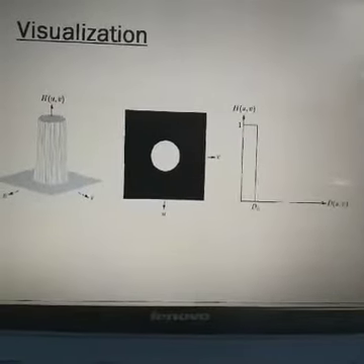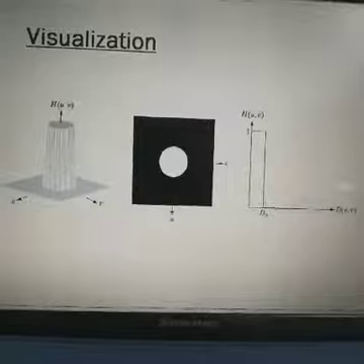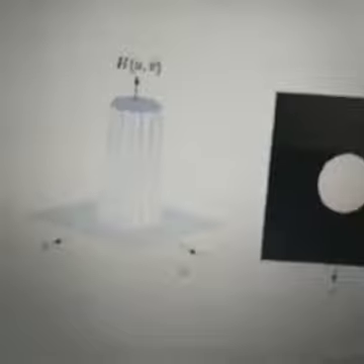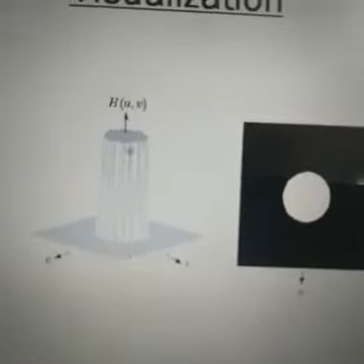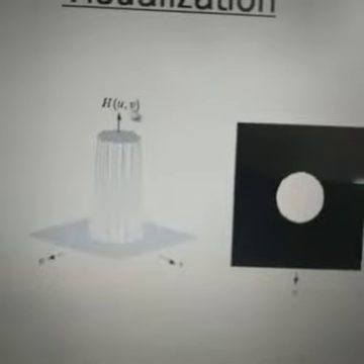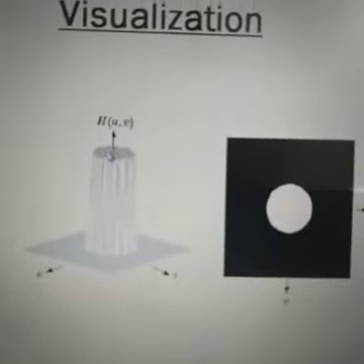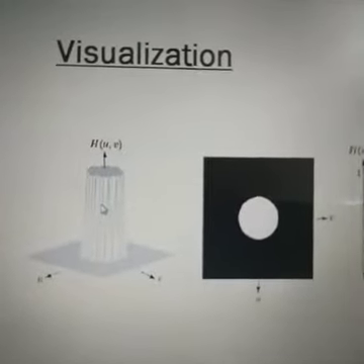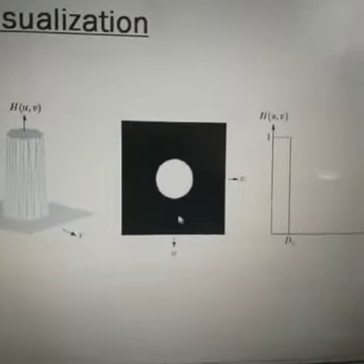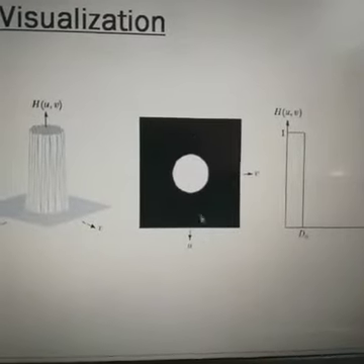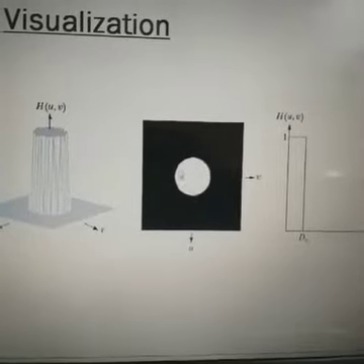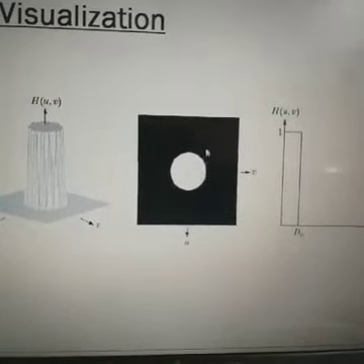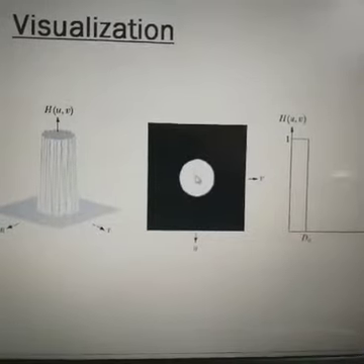Next is the visualization of the low pass filter. Here we have the u and v coordinates of the original image that act as a filter value, and this is the filter at (u,v), or we can say this is the mask or the result of the ideal low pass filter. So this can also be represented by this small icon. This part is the filtered part of the image.